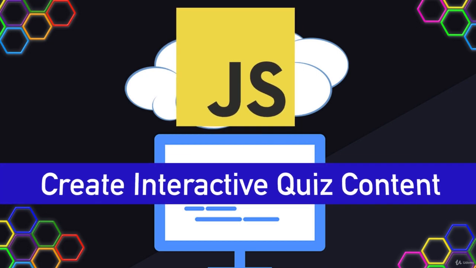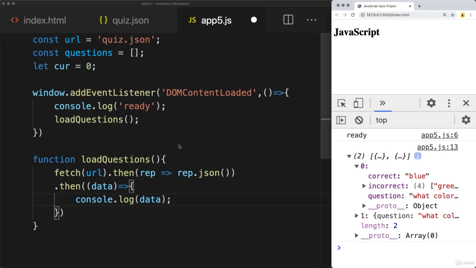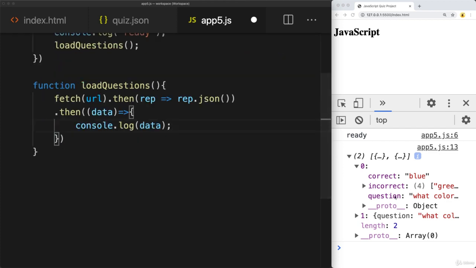In the last lesson, we created the JSON file. We're looping through, we're getting the JSON data. In this lesson, we want to loop through the data that gets returned and restructure it into the questions object so that we have a clear question and then we've got a bunch of answers, and then these can be set as objects that we can randomize the order of the array so that they're all listed within that same array, and then we can randomize where they're going to show up on the screen, because we don't want the correct answer always showing up in the same spot, and we want it to be mixed in with the incorrect